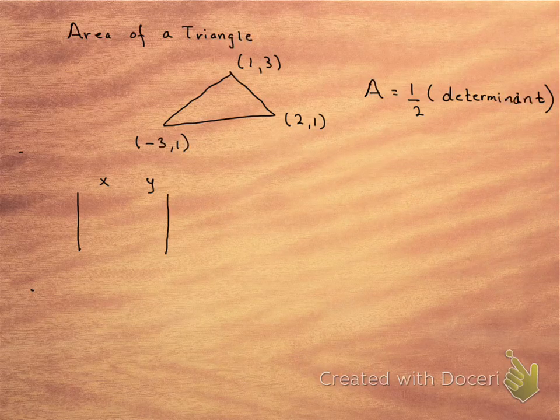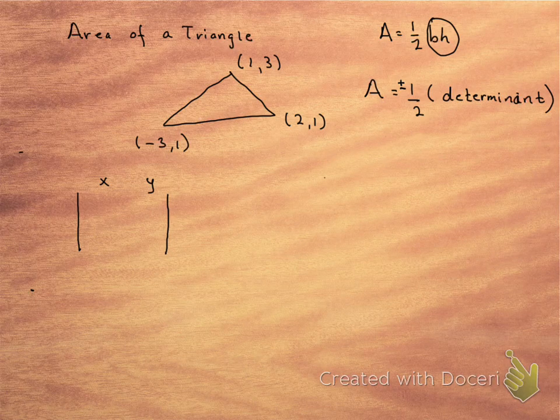And the last thing that we can use this idea for is finding the area of a triangle. So we know that the area of a triangle is A equals 1/2 times the base times the height. Well, the determinant is going to take care of that base times height. Okay? So what we're going to do is set up the matrix for each one of those vertices. X in the first column, Y in the second column, and the third column is always, actually, let's do it the other way. We'll put X and Y,